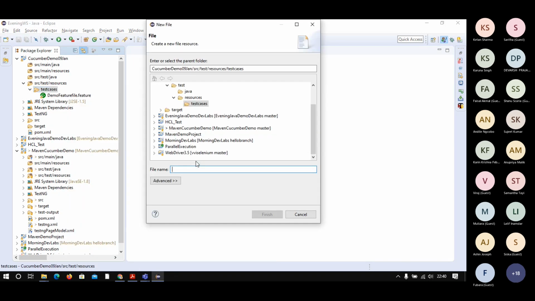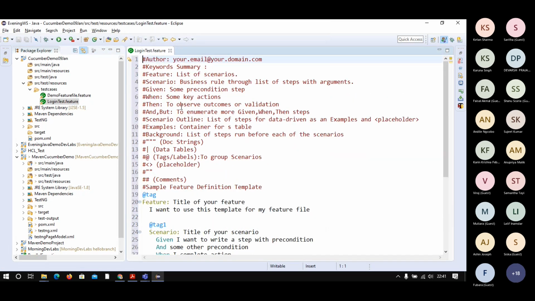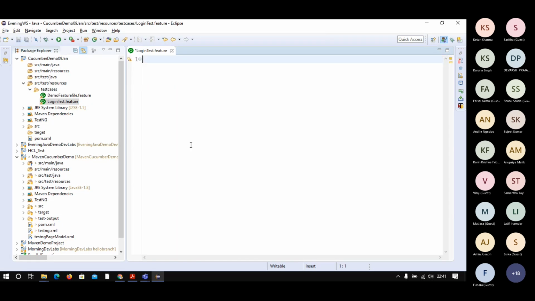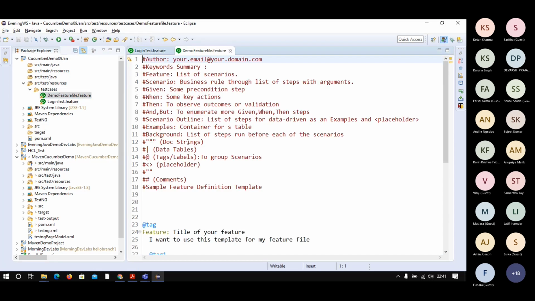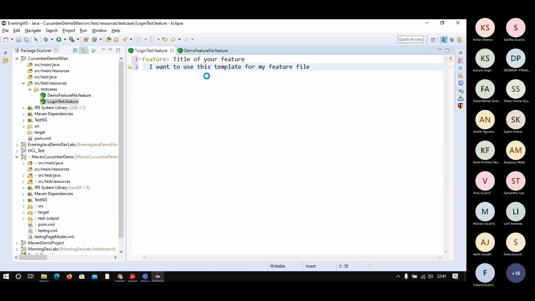File. I will remove everything from here. I will start writing from the scratch so that you will understand. You see here, copy here. Just a second, come on.